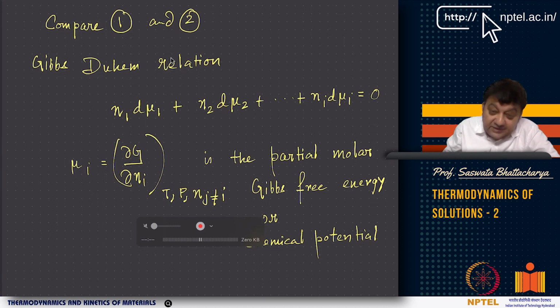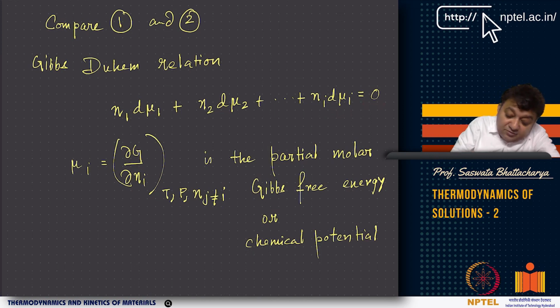This last part of the lecture. So what I want to reprise first is the Gibbs-Duhem relation. This is basically, as you can see here, N1 d mu1, where mu1 is the partial molar Gibbs free energy or chemical potential of species 1, then N2 d mu2 for species 2. Similarly, this is for d mu I, Ni d mu I, which is equal to 0.